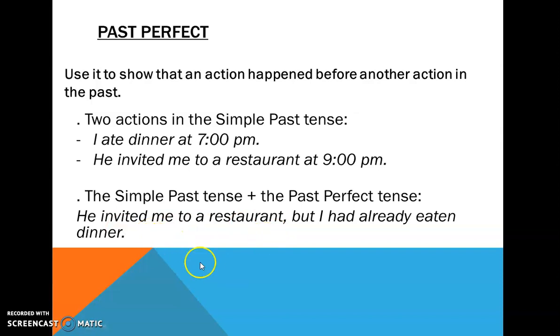we are gonna do the same situation. Okay, he invited me to a restaurant, but I had already eaten dinner. As you can see, the first action in the past was this one. I had already eaten dinner. So the action that happened later in the past again was this one. He invited me to a restaurant. Okay,